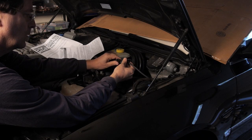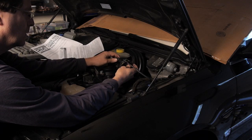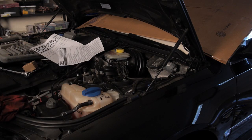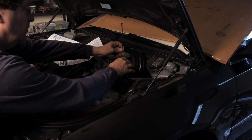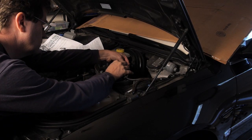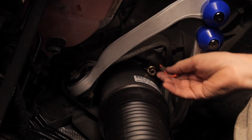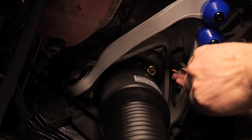And reconnect all of our connectors. And let's put in some new zip ties. The last thing we need to do on the air spring is to connect the air hose. Okay. Now RMT